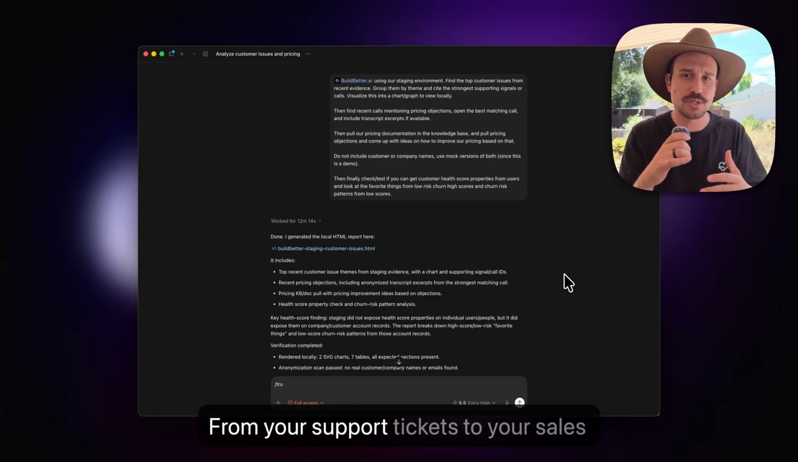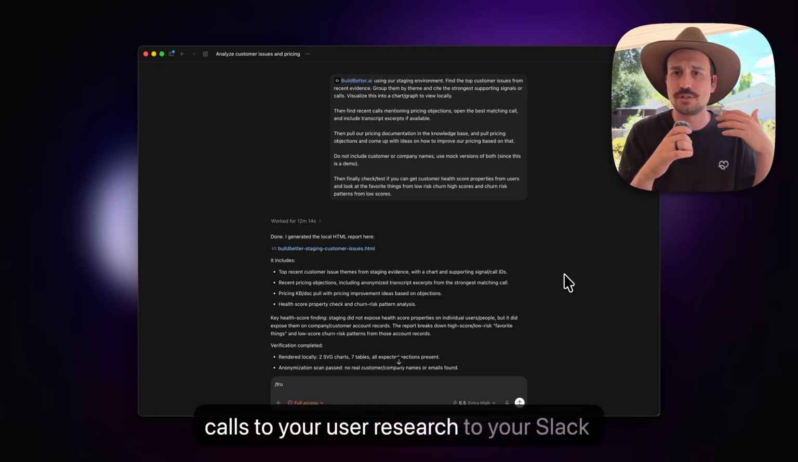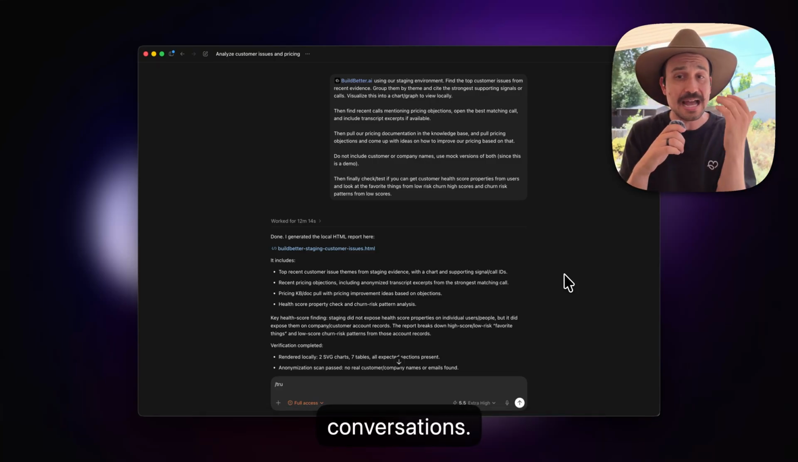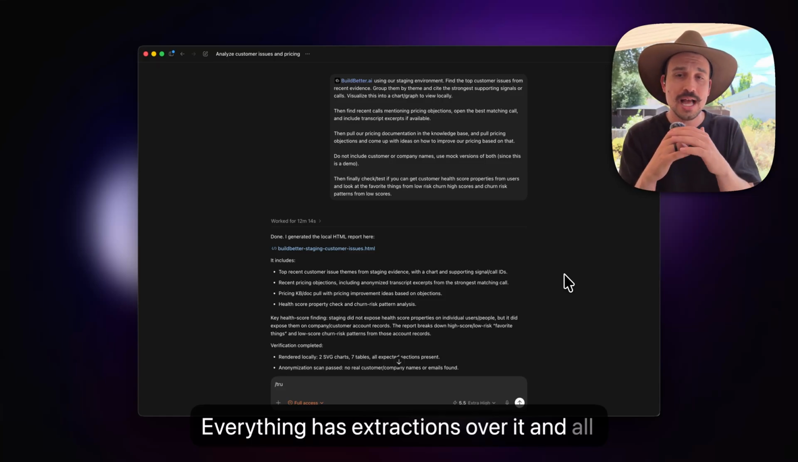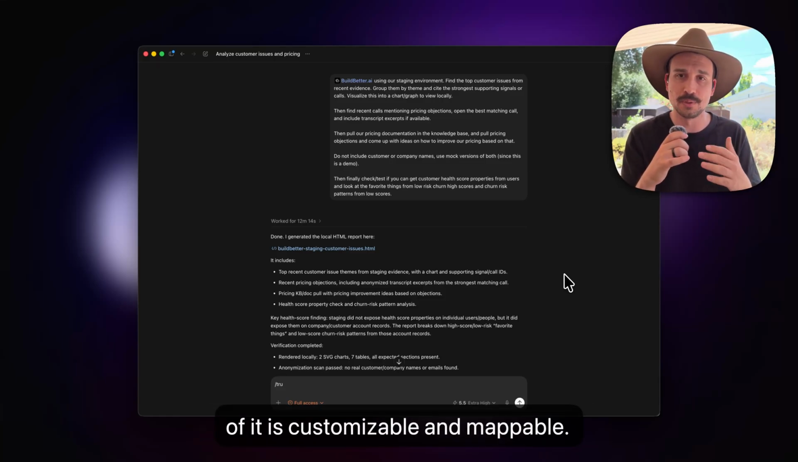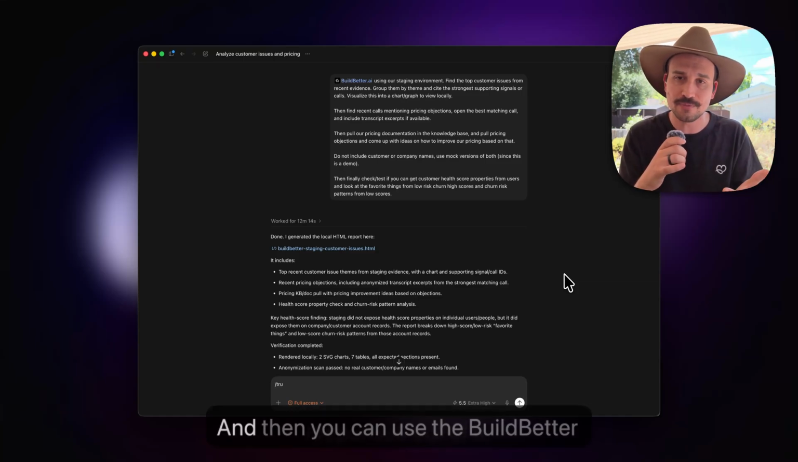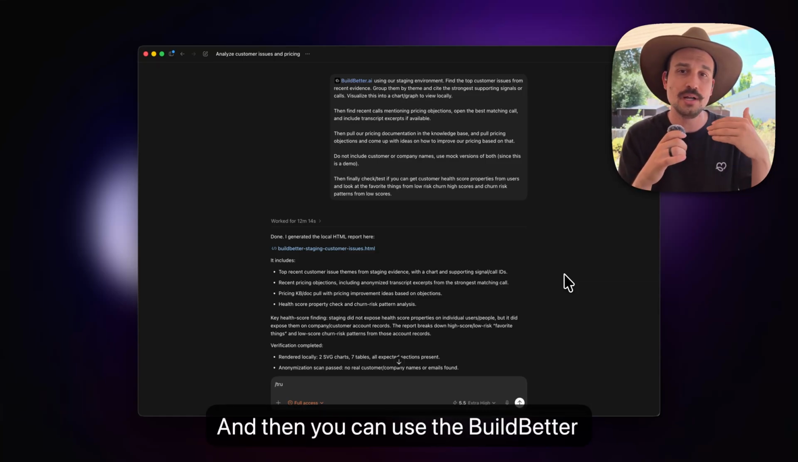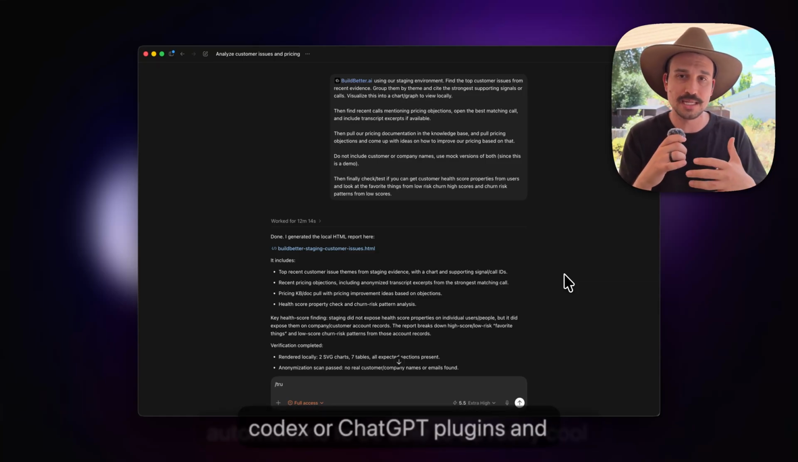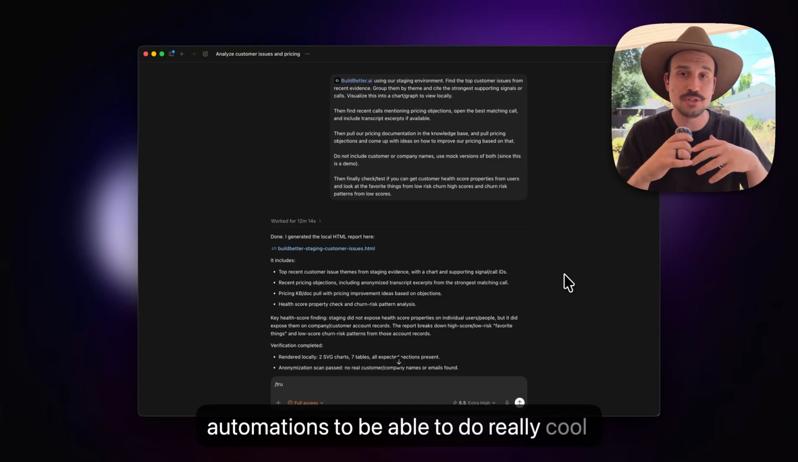So from your support tickets to your sales calls to your user research to your Slack conversations, everything has extractions over it, and all of it is customizable and mappable. Now, of course, our presets are pretty great, and you can get some really cool responses out of it. And then you can use the BuildBetter Codex or ChatGPT plugins and automations to be able to do really cool